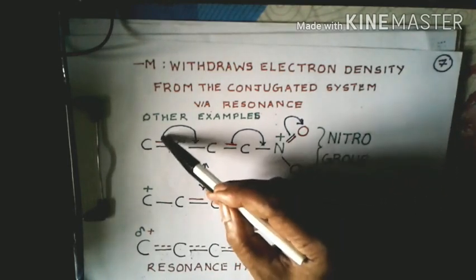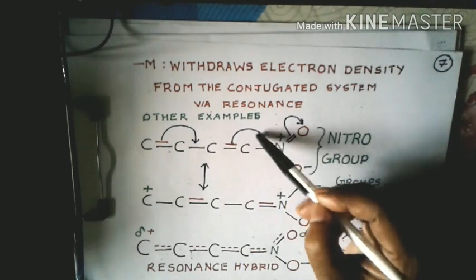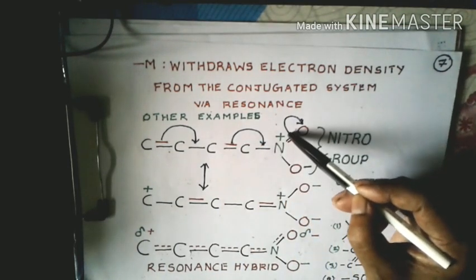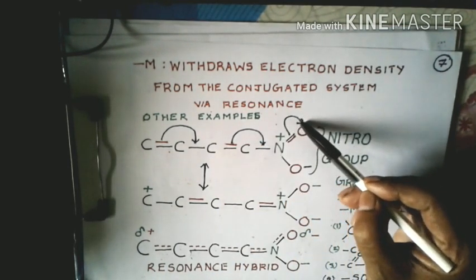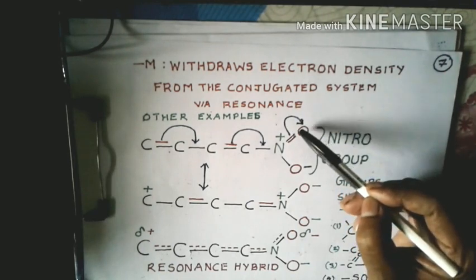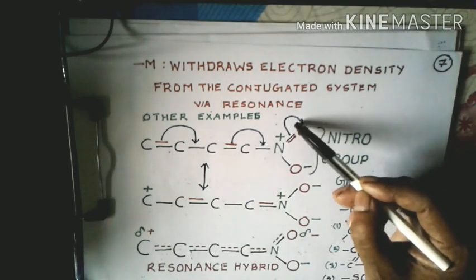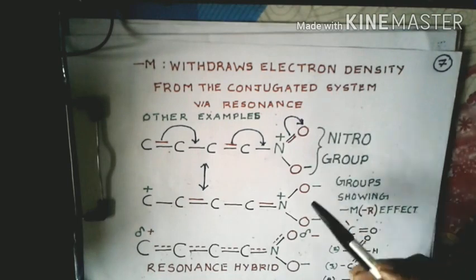Now bond shift will occur simultaneously like this, and this N double bond polarizes or ionizes in the direction of oxygen, meaning the pi bond breaks and the oxygen carries an orbital with a pair of electrons,